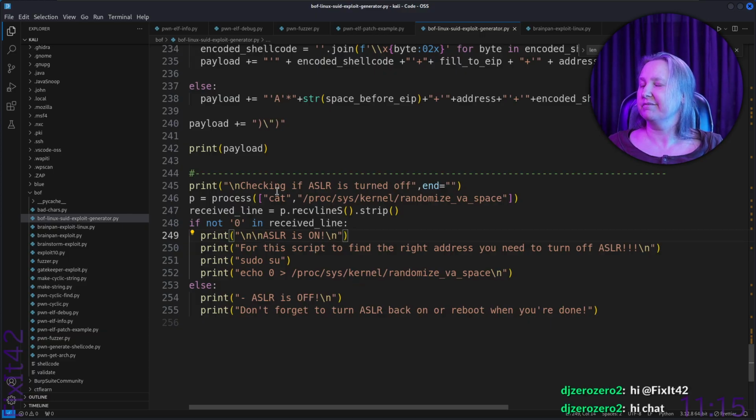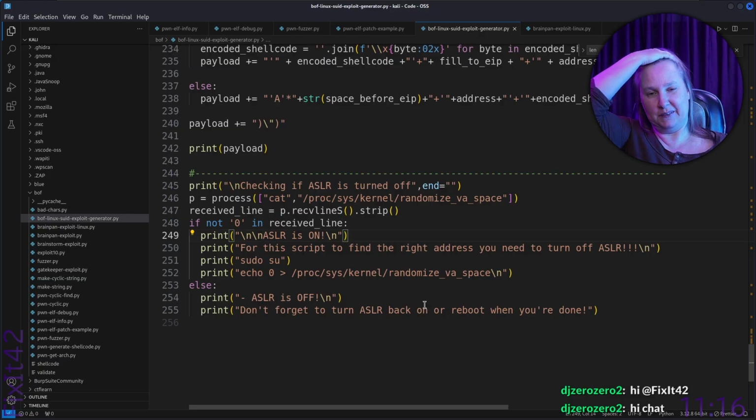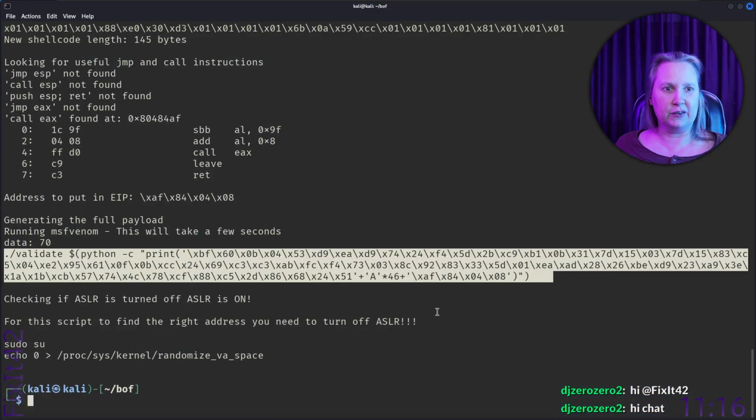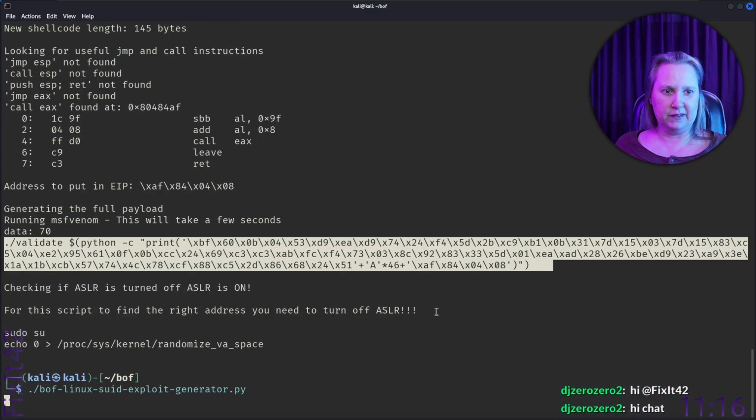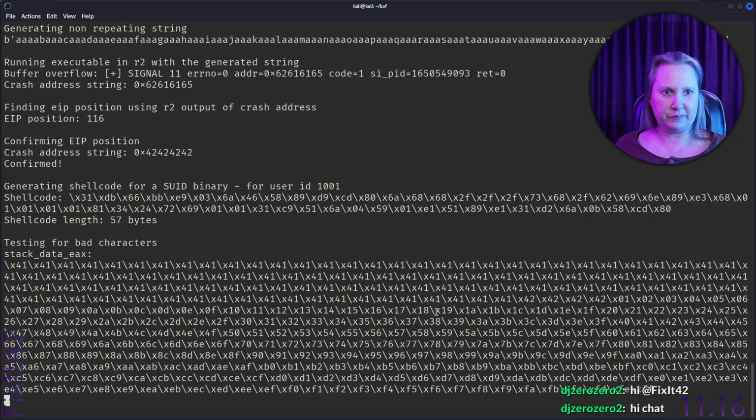Hi, welcome in, welcome back. So, we're doing the finishing touches on my automatic exploit generator for Linux binaries. And we just want to make sure that people don't forget to turn off ASLR here. So if we run this again,